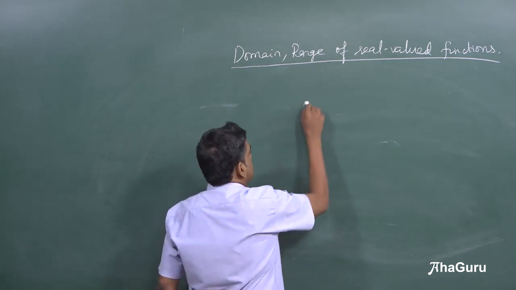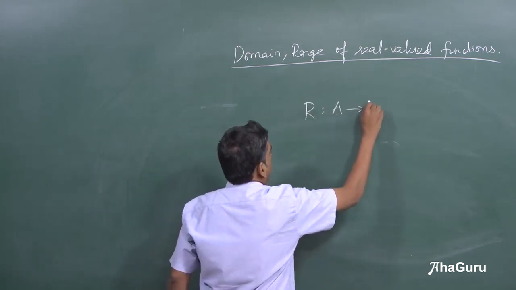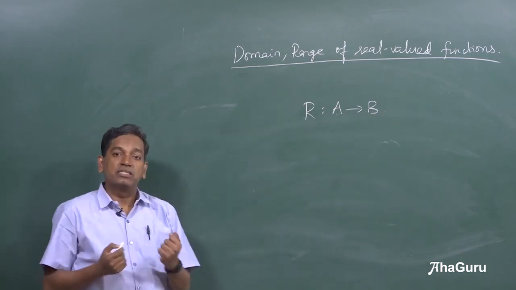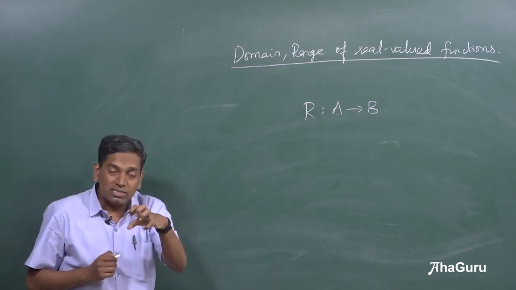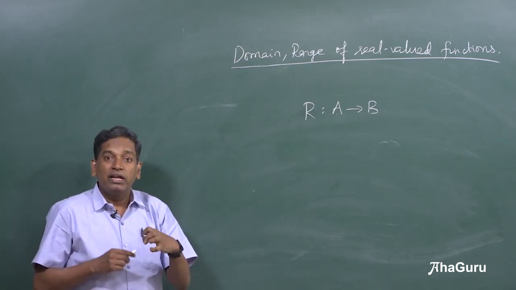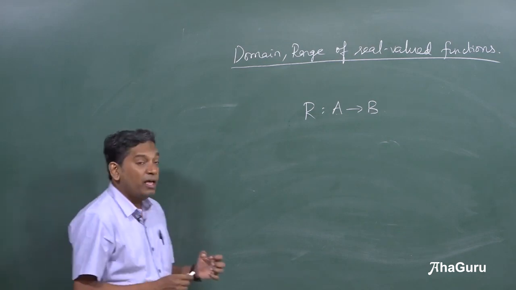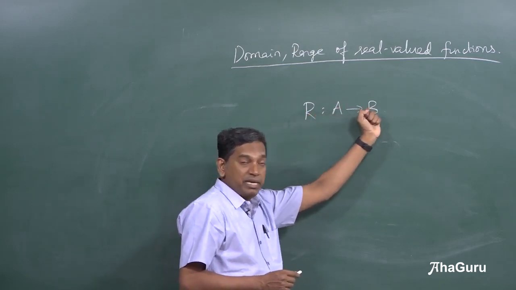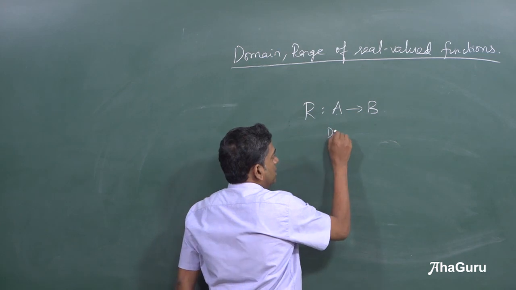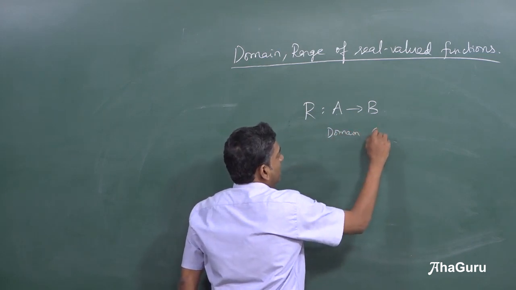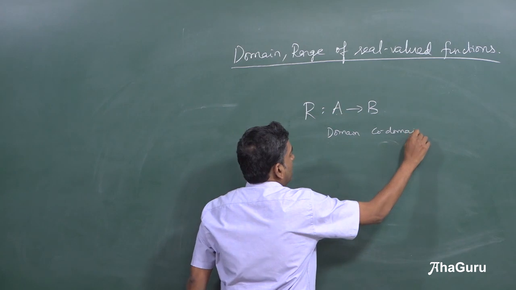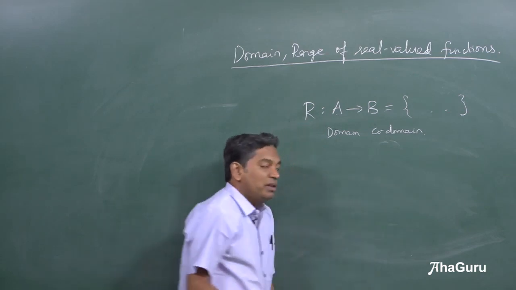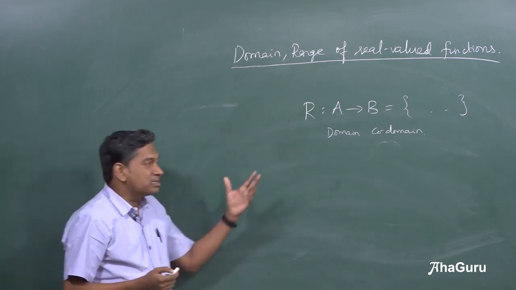When we are given a relation from A to B, we can ask, is this relation a function? Because we know the rules that a relation has to satisfy in order to become a function. That means we should be given the set A and the set B. For this to be a function, set A should be the domain and set B will be the codomain, and by actually working out the conditions in the set builder, we will be able to find the range. So this part is easy.